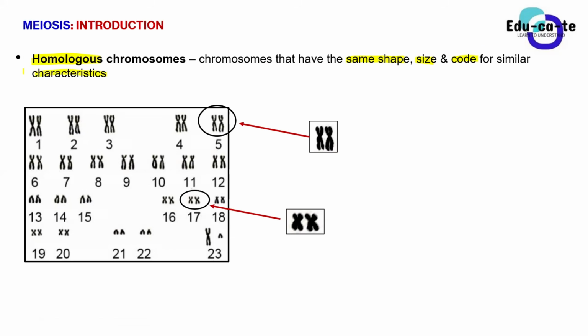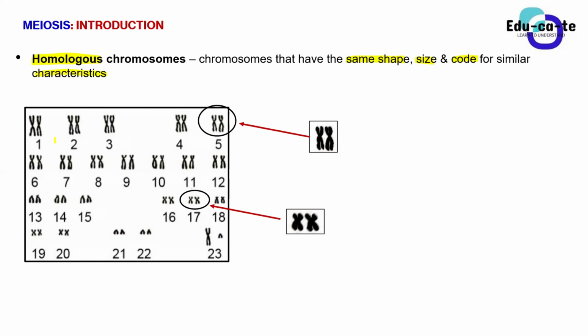I've already told you that chromosomes are the ones that make you look the way you are, specifically the autosomes. So when you say that we have 2 homologous chromosomes, it simply means that we have chromosomes that look alike. They have the same shape, the same size, and they also code for similar characteristics. So that's how we arrange the chromosomes on the what? On this diagram known as a karyotype.